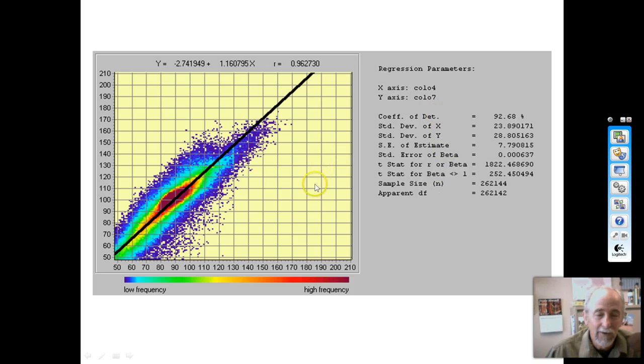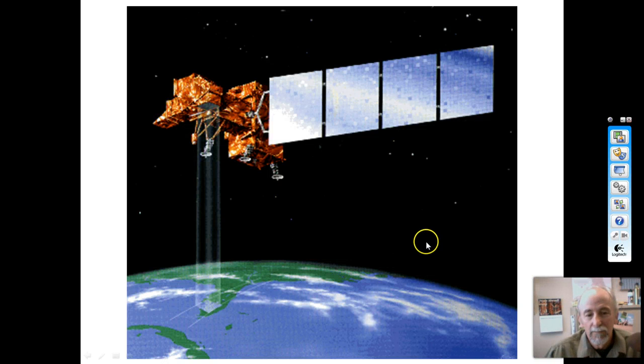Again, here's another correlation. This is between two IR channels, and you can see the r² is quite a bit higher. It's 92.6. So again, 92.6% of the variance from one channel is explained or certainly accounted for within the other channel. Highly linear, highly correlated, and you might say highly redundant visually, right? So Landsat